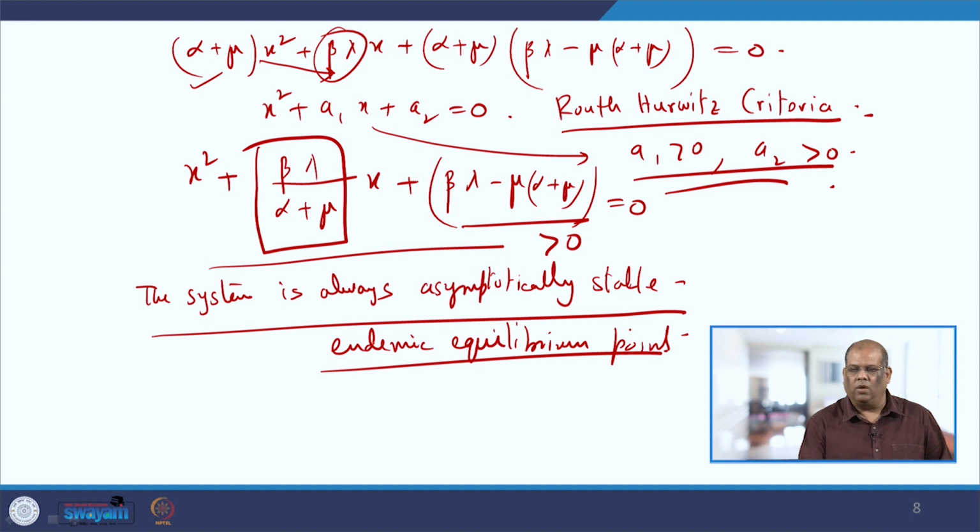Or you can say the non-zero equilibrium point in this particular case, because endemic we generally use when we take a disease or disease model. So, since it is a rumor model, we say non-zero equilibrium point. Now, let us see the numerical solution of this particular rumor model, for which we will be using